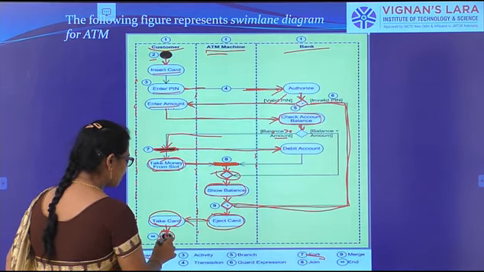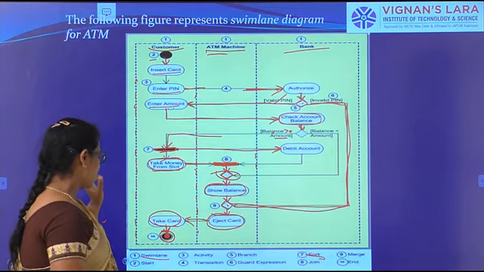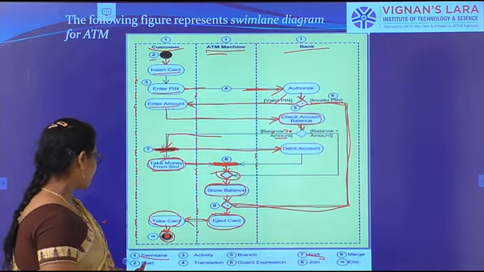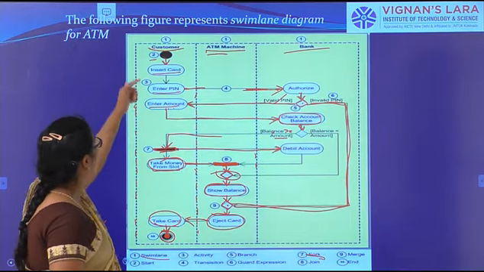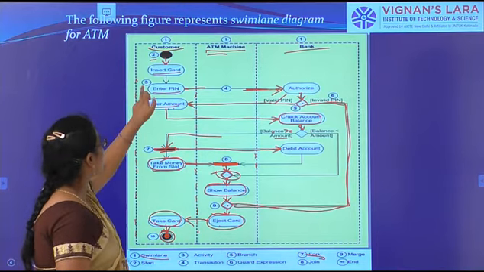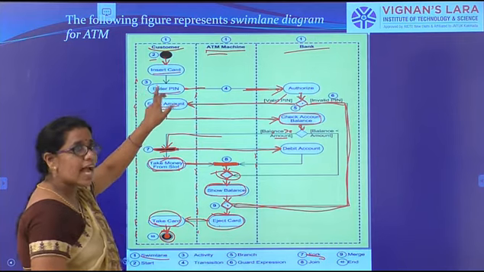Okay, so that is the difference between the start and end points. See here, they have given us some descriptions. One is the swim lane. Number two is the start. Number three is the activity. So the rounded rectangle, that is the activity.